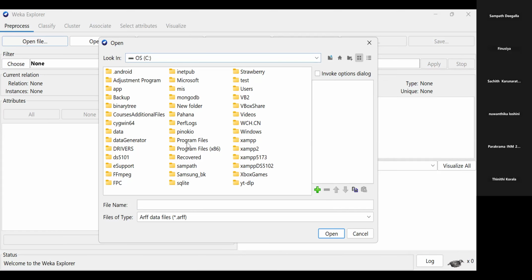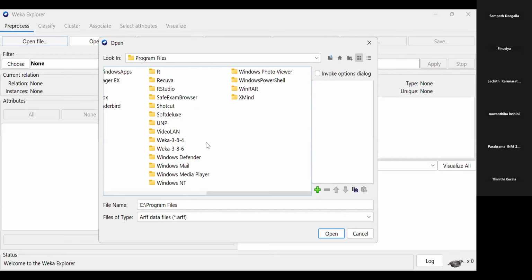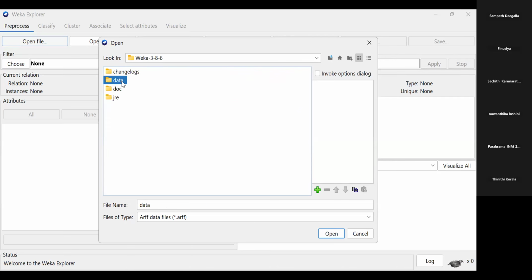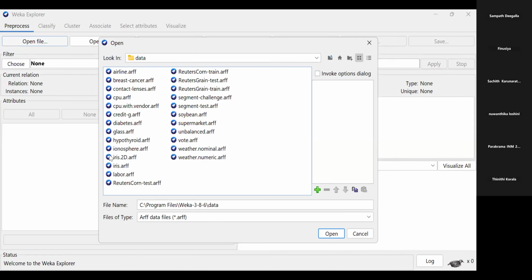Then we'll go to program files. Then we'll switch to Weka. Under the data, we have data sets. And what I'm going to select is the iris dataset. Right. And remember last time when we discussed the zoo dataset, I also explained how you can convert your